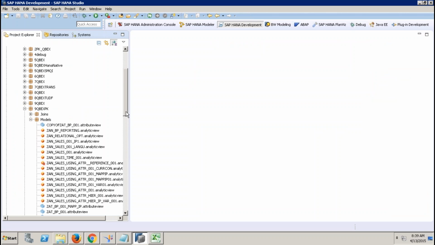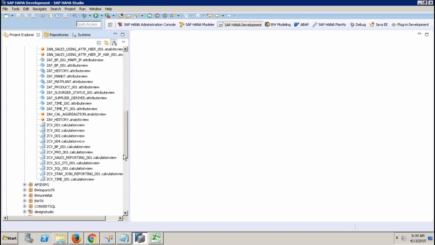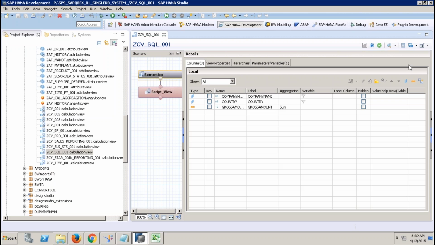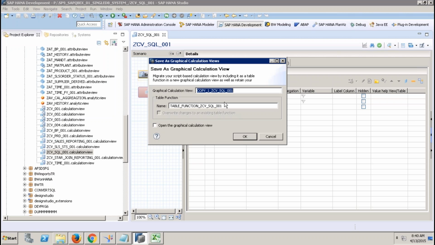Models. And your model, what you convert is SQL. Just open this out here in HANA native development. Drop this and say save as. See, now when it says save as, what it is doing, it is creating a graphical calculation, CV SQL graphical. I'll just rename it as